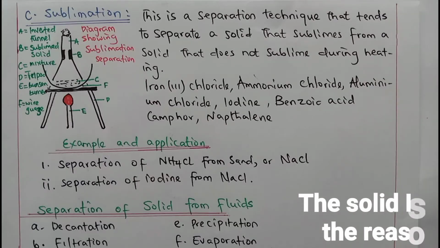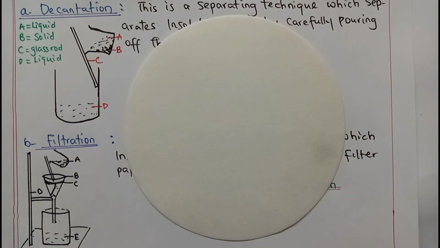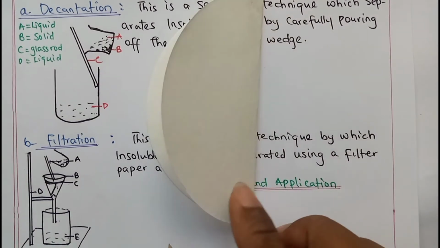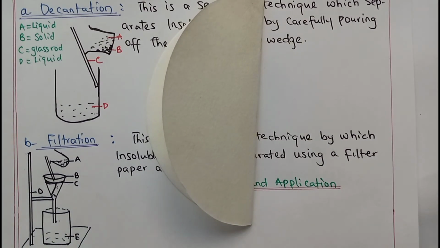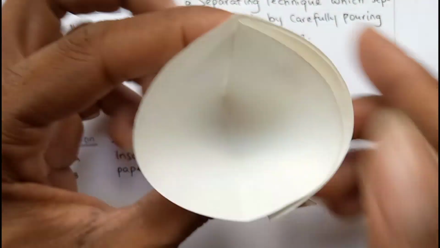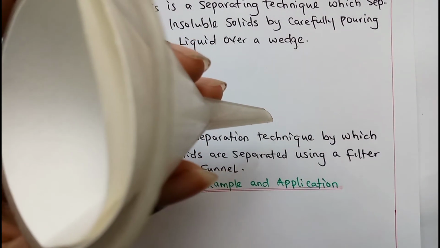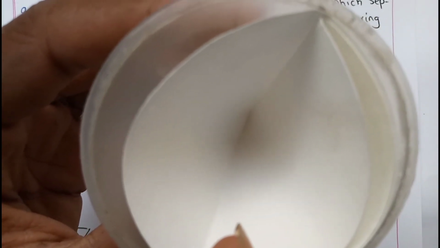insoluble solids. This method of separation is done by using a filter paper and a funnel. This is a sample of a filter paper. What we do is that we fold it, as you can see here. We fold it again. This is 180 degrees. We fold it again to get 90 degrees, as you can see. So we can open here. I hope you get that. Insert it inside a funnel. This is a funnel. Okay, then we will pour in the mixture that has something like precipitated salts, and